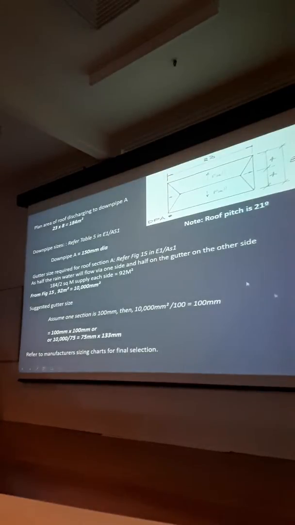Say that again. If there is just the one downpipe, the downpipe will be calculated on the entire roof area, because it receives everything. Everything goes into one downpipe. That is the entire roof area, okay? But the gutter size, you assume it's equally spread, because that seems logical, to go in either direction. It doesn't make any sense to run your gutters all the way around. It makes sense to just go this way to there, and from there to there. Otherwise, because your gutter has a fall on it,